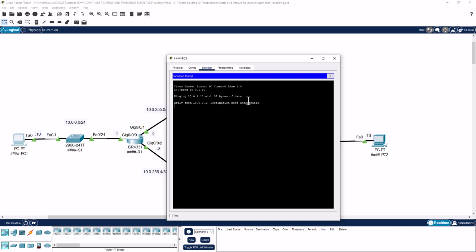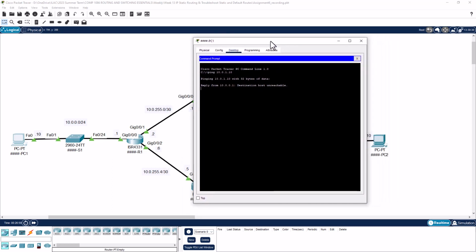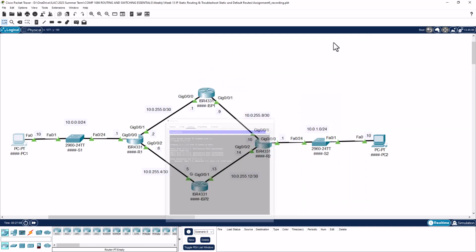And for sure we cannot. PC1 will send the traffic to its gateway. The gateway has no route to the subnet, so it will simply drop the traffic and the user will not be able to ping. So let's go back to our PC1, to our router 1,